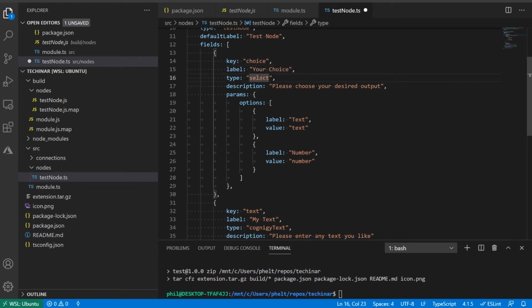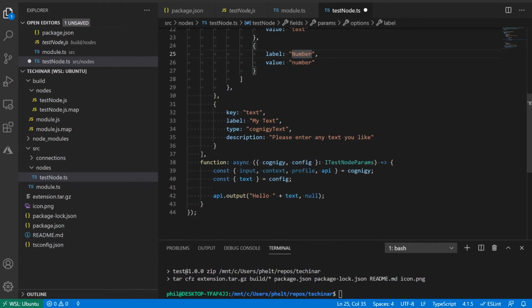And it's a select field. And a select field is a drop-down, and it gets some parameters. And in the parameters we have options, and here we have an array of the options that are available to the select field. And they have a label and a value. So when we open that drop-down, we'll see two choices. They'll say text and number, and when we select them, those will be the values.